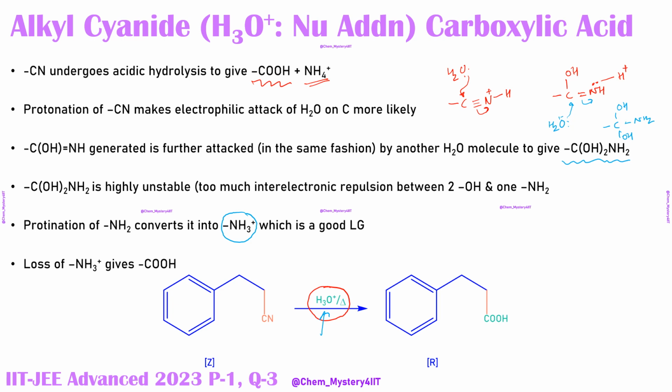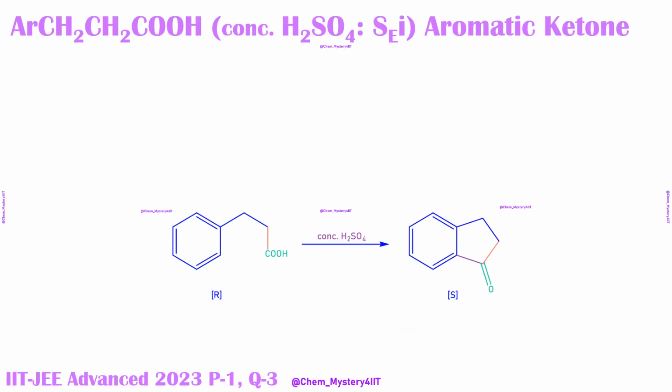So this is your final product, which is going to be formed. This is alpha carbon, this is beta carbon, beta-phenyl carboxylic acid is resulting after this step of the hydrolysis of the cyanides. Later on, in the last sequence of reaction, what we are doing is concentrated sulfuric acid. This is the thing we have done in question number 2, and we have told that because there is no concentrated sulfuric acid being taken, we can rule out that possibility. Here that thing is actually going to happen.